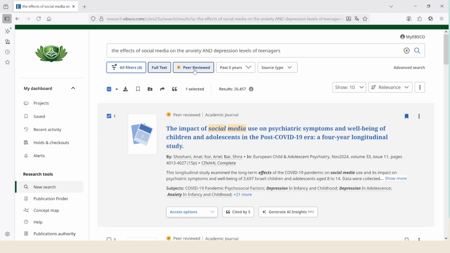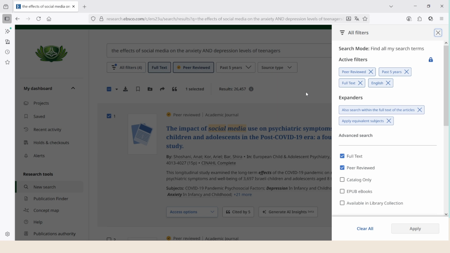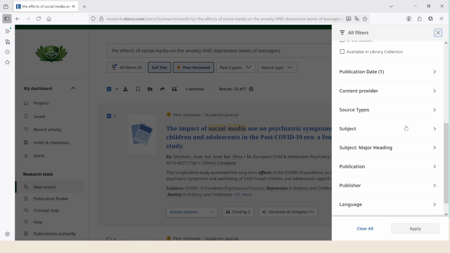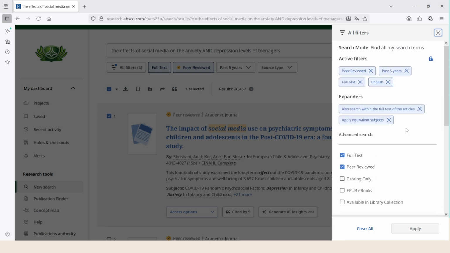Just underneath the search box, I can see which filters I have selected. If I click on all filters, I get the menu on the right hand side of my screen that shows me the filters I applied. If I scroll down, I can see additional filters I can access.